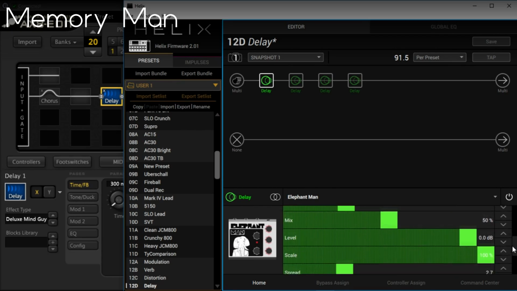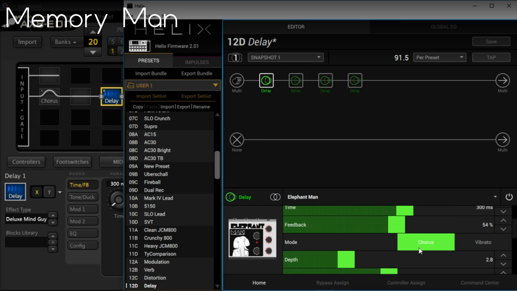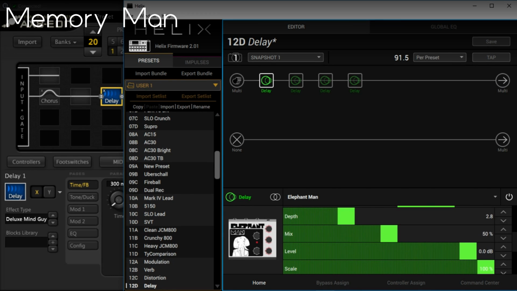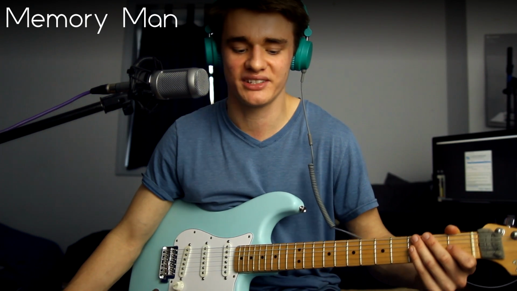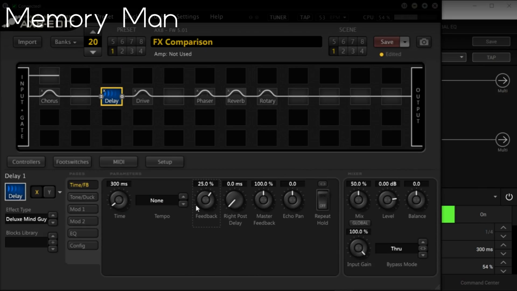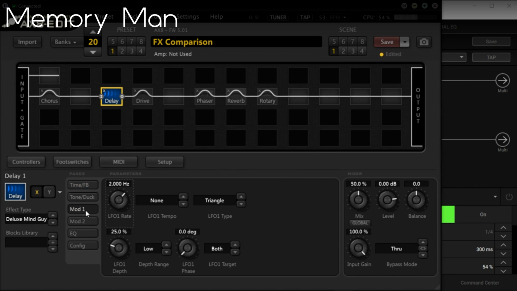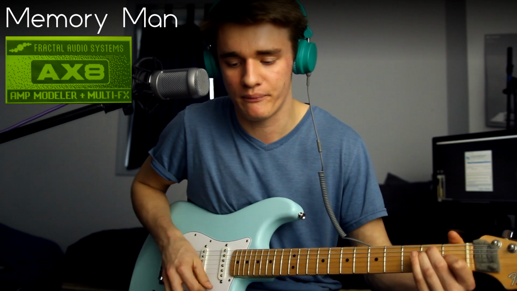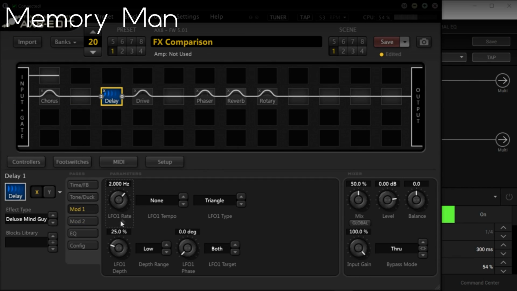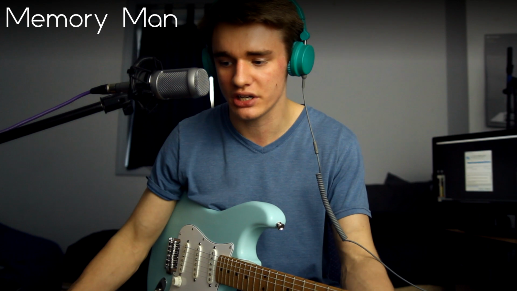Because its controls are simple, you can really easily dial in, if you want chorus or vibrato on your repeats, the depth of those, and that's basically it. It's simple as that. While on the Fractal, I haven't dug deep into this particular pedal, but it's a little difficult to figure out exactly how you get that chorus, and I could imagine that would be sort of a turnoff for people who are used to using this sort of delay. You'd have to go in and look at parameters like LFO, which is something most guitar players probably don't really know about, in order to get the sort of modulation effect that you want